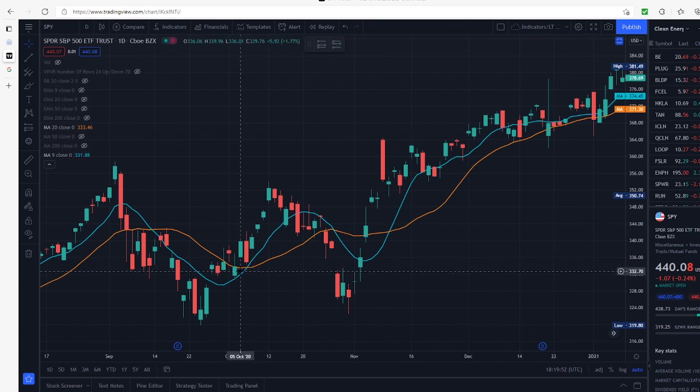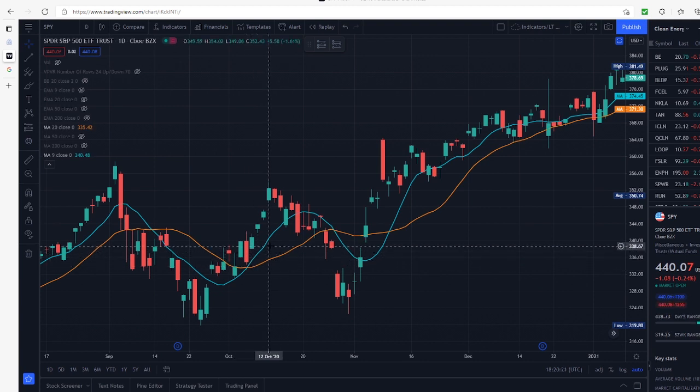Here we have the 9 and the 20 days on our screen right now. The 9-day is the blue line, the orange is the 20-day. So right here where my cursor is, you can see that on that day, the 9-day actually broke above the 20-day. And that is normally an indication that there might be further upside because it's a confirmation of a bullish trend forming. And we did see for the days following that, we got 4 straight days of gains